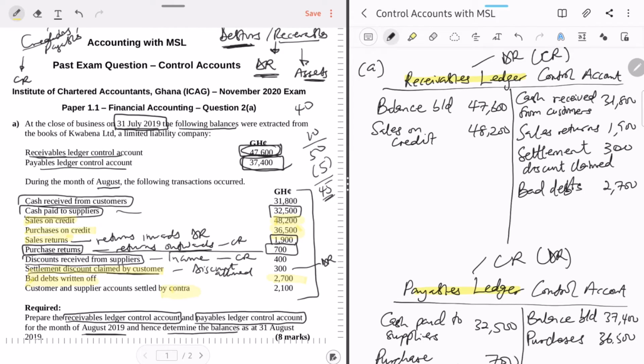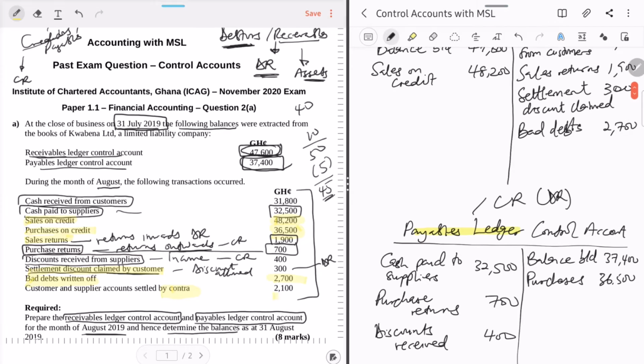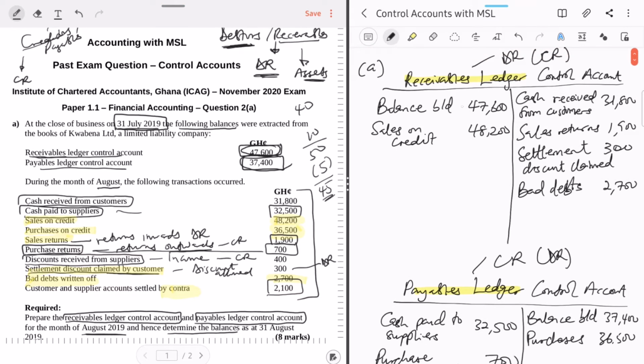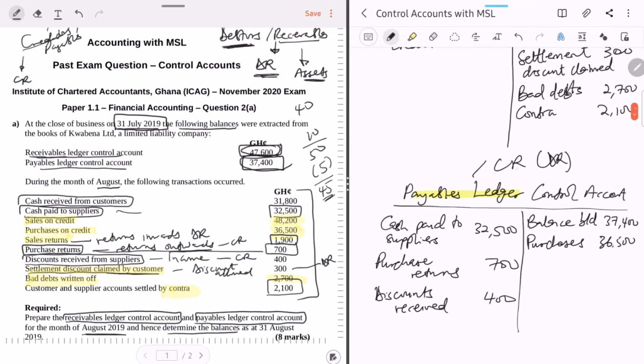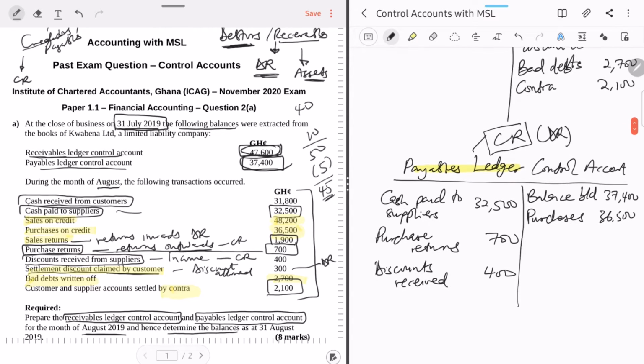So here, they are saying there's a contra of 2,100. All I need to do is come to both accounts. Give me a second. The figure is 2,100. So come to both accounts and enter 2,100 on the opposite side of the account. So let's say receivables ledger control account is a debit balance account. So where would the contra be? Opposite side is what? Credit. So you can just write contra of 2,100. Similarly, the payables ledger control account has a credit balance. So where will its contra be? Its contra will be on the debit side. So I enter contra